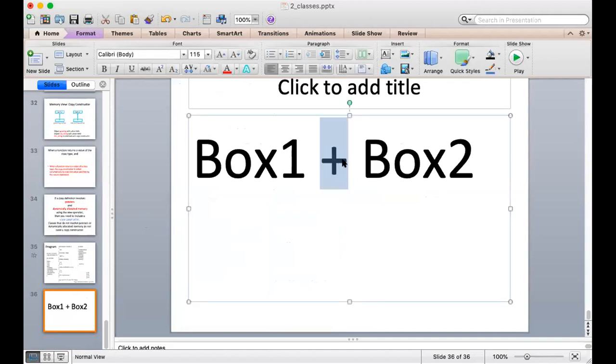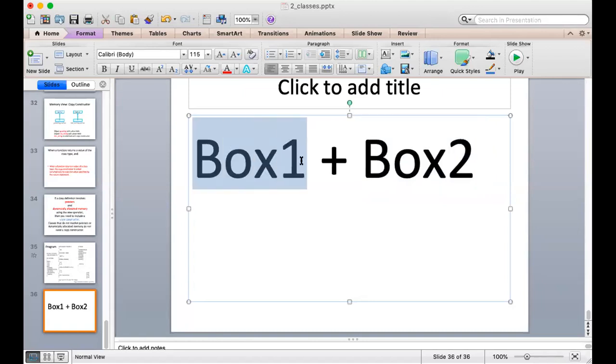So here we have an operator which is plus, this has been overloaded, box 2 and box 1, ठीक है। So according to the definition जो कि मैंने box के operator overloading में दी है उसके मुताबिक box 1 would always, because it comes before this operator overloading, so box 1 is always the invoking object। We'll say that this object will invoke this overloaded operator, ठीक है। So box 1 is the object that invokes this overloading, ठीक है, और ये invoke कर रहा है on box 2। So box 2 will be considered as the argument